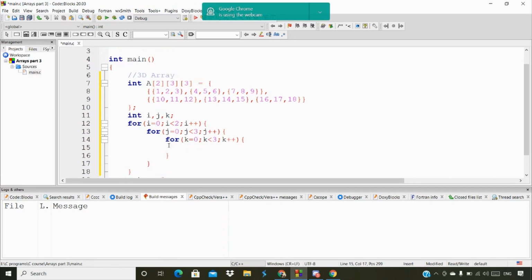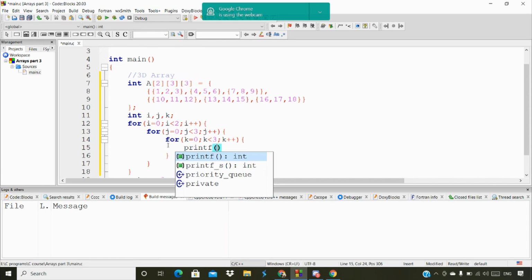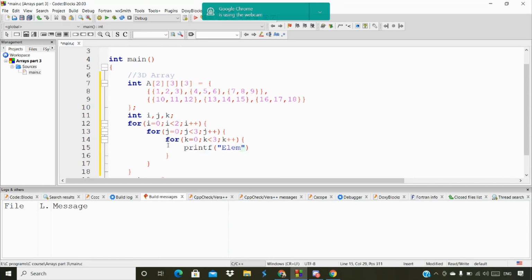Now we're going to print using a printf function. Within the printf, I'm going to print the element index inside square brackets, so that you get some more clarity about which particular index of the particular table the data is coming from.